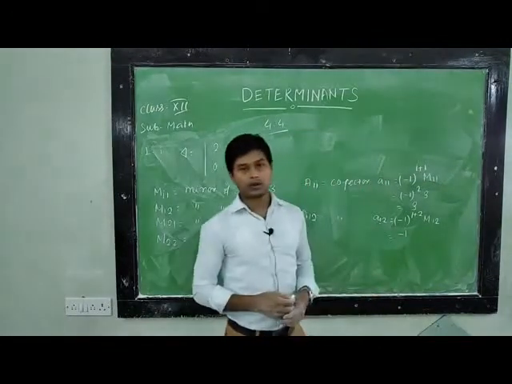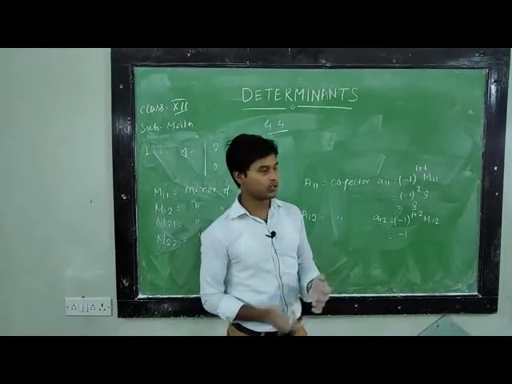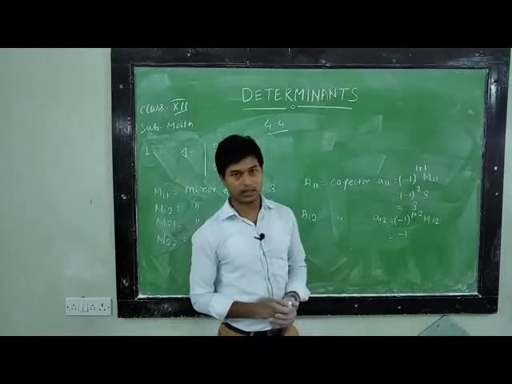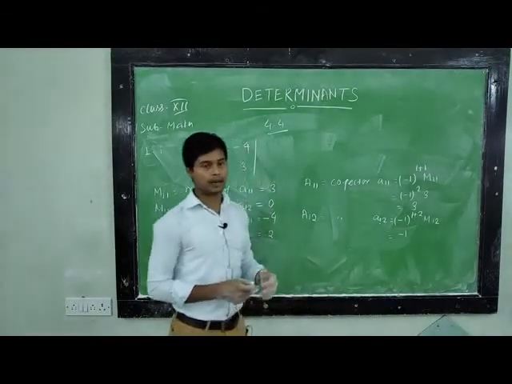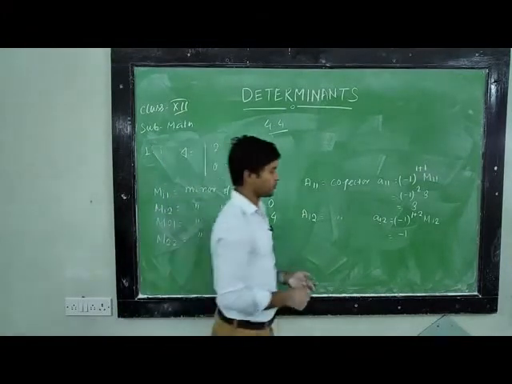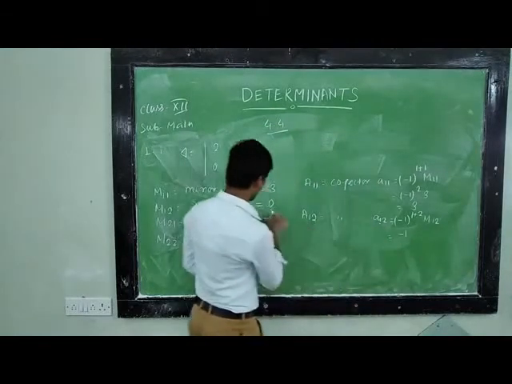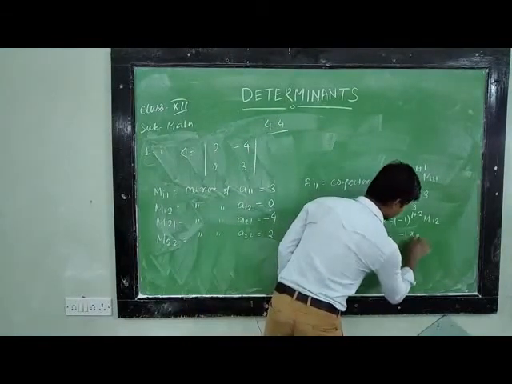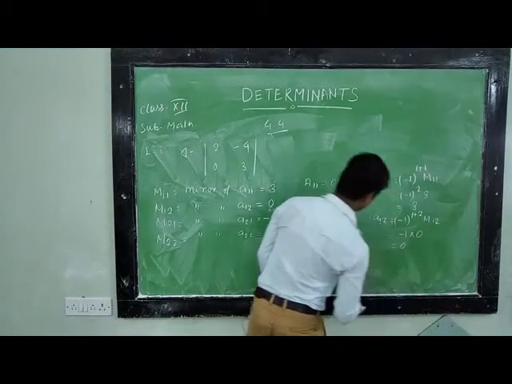We know that if the power of minus 1 is an even number, the sign will be plus 1, meaning plus. And if the power of minus 1 is odd, the sign will also be negative. And M12 is equal to 0. So that is equal to 0.